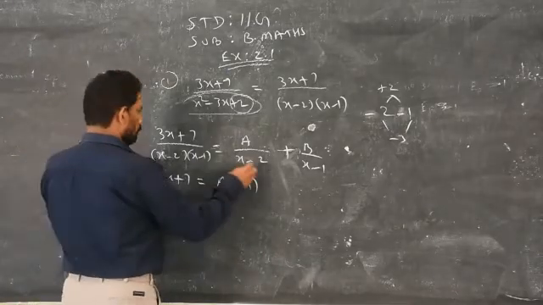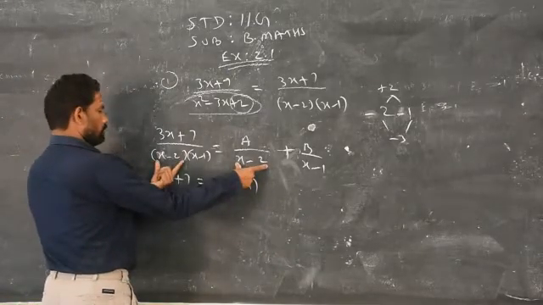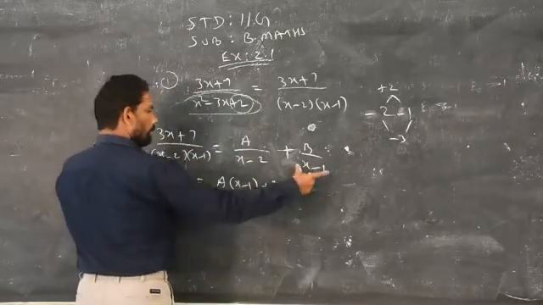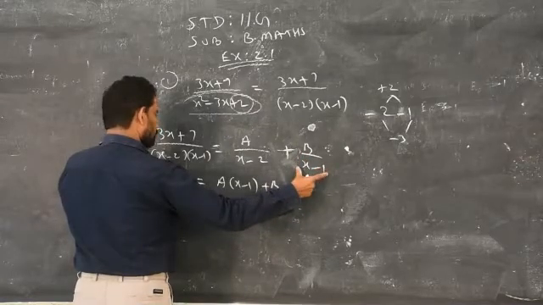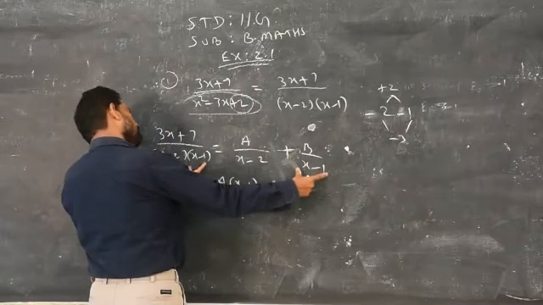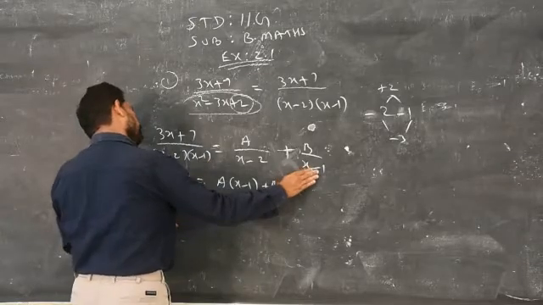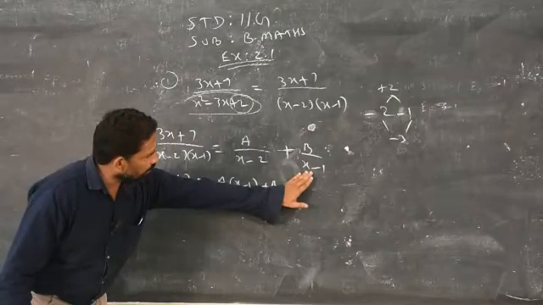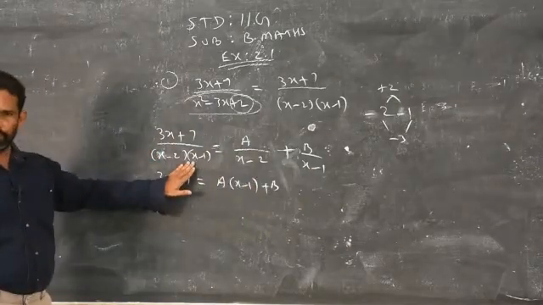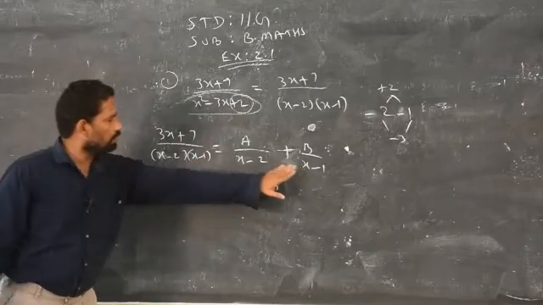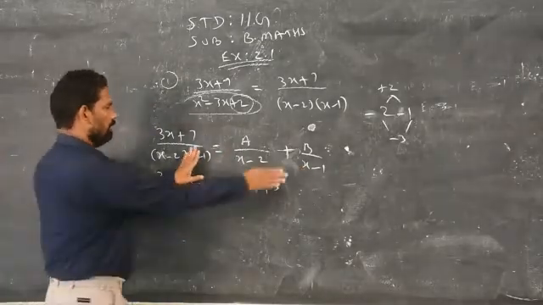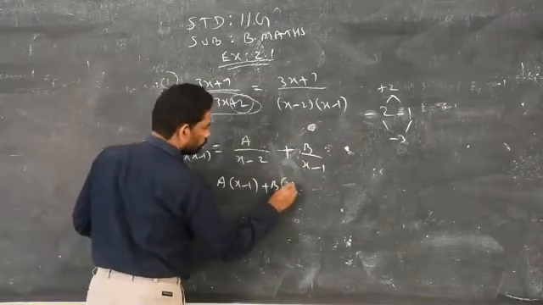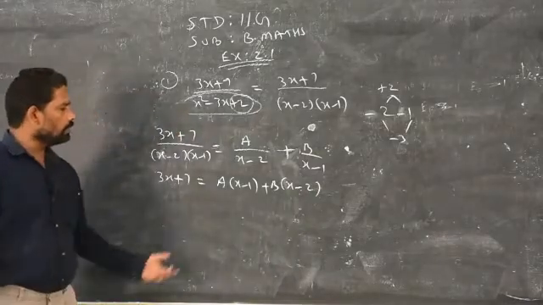Clear? So compare these two denominators, x minus 2 is common. What is the remainder? X minus 1 plus b. Compare now the second denominator of the second term with the denominator on the left hand side. What is the common factor? X minus 1. Clear? So leave the common factor x minus 1. What is the remainder? X minus 2. Clear? So how to get this answer?